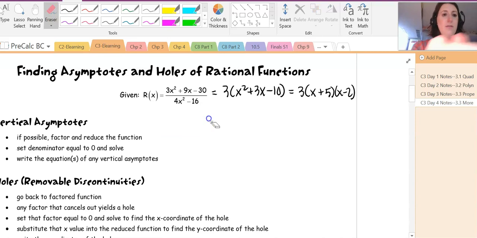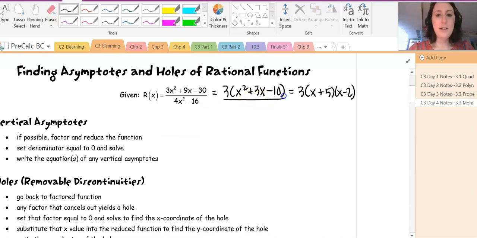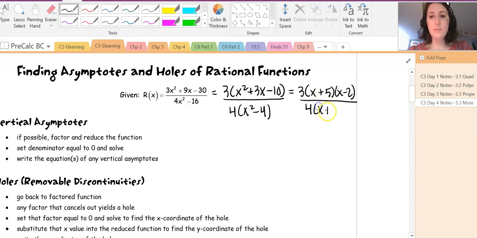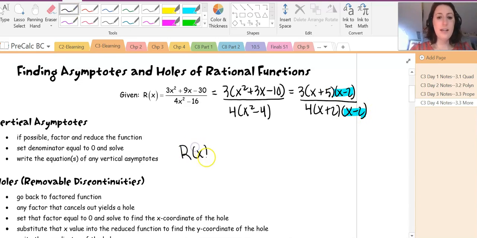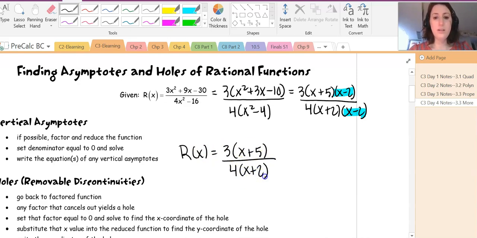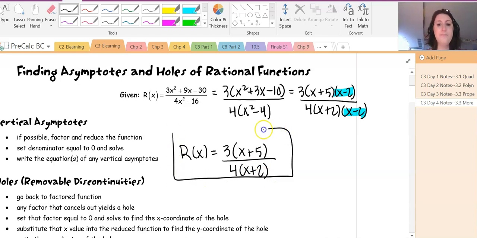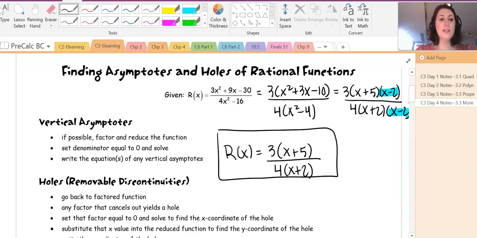I'll get rid of this for now. And then in the denominator, I can take out a 4. And I can factor that further, x plus 2, x minus 2. And now we have these x minus 2's. They're going to cancel. And we can rewrite our simplified function. Okay. All right, so now that we actually have simplified a function, let's take a look at these different